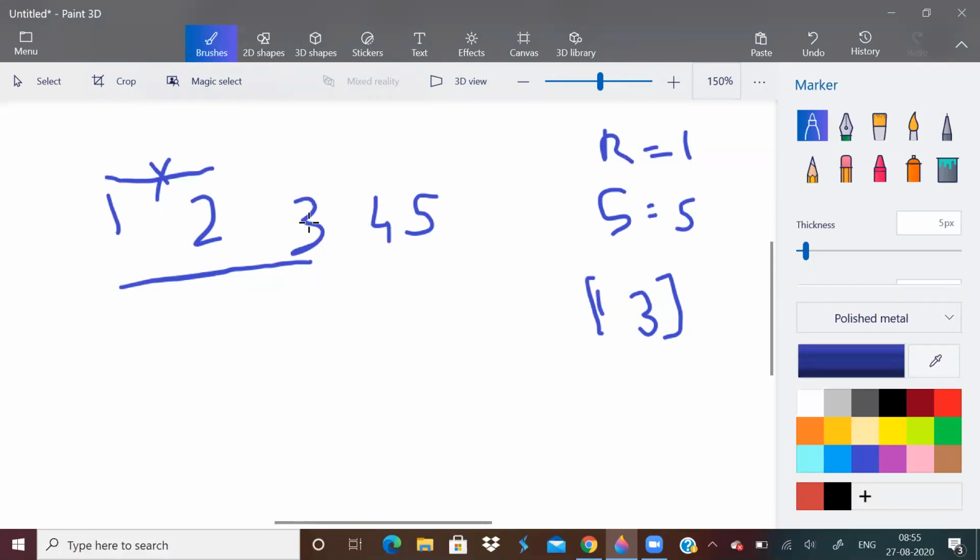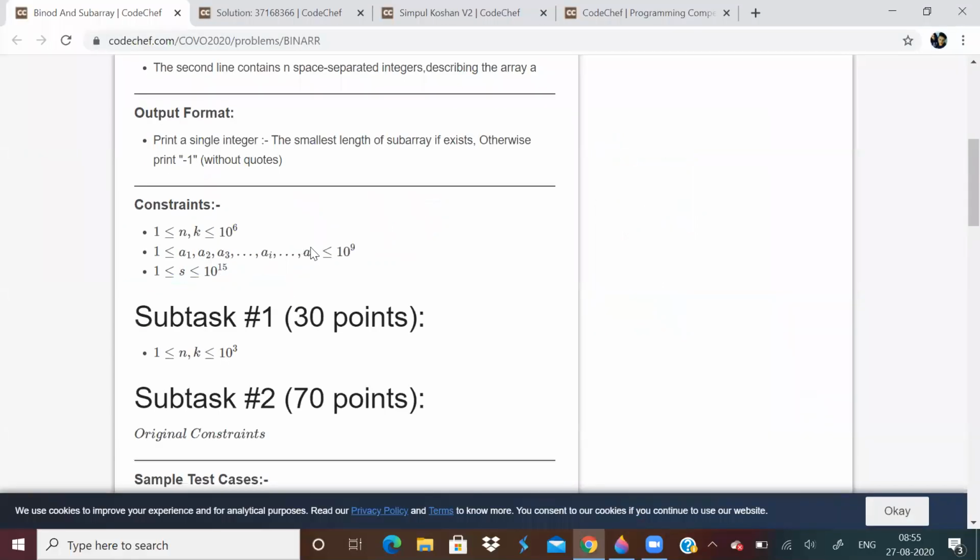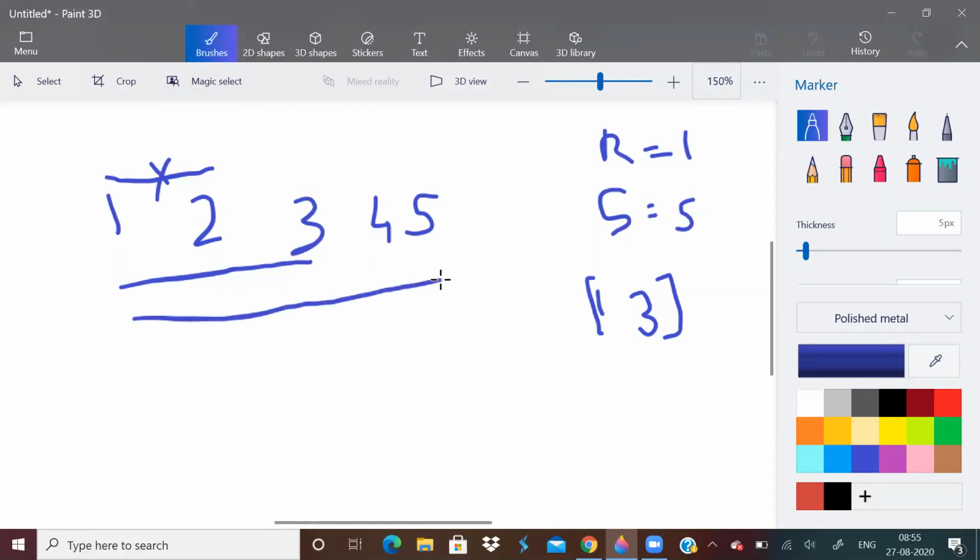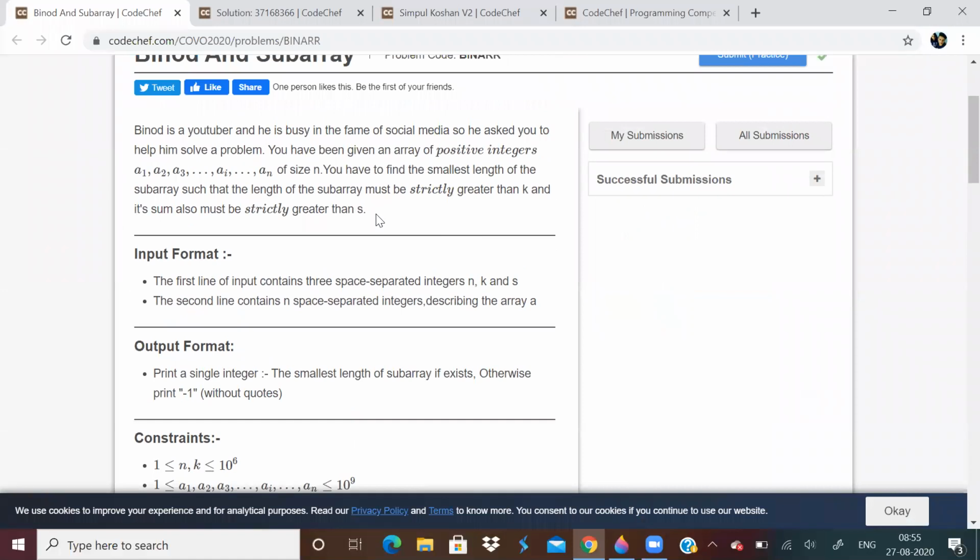Because if this itself is satisfying, we need a subarray whose length is greater than k and sum of elements greater than s. If this itself is satisfying and we know that all integers are positive, then of course all these will also satisfy. But our task is to find the minimum subarray, sorry, the smallest subarray.